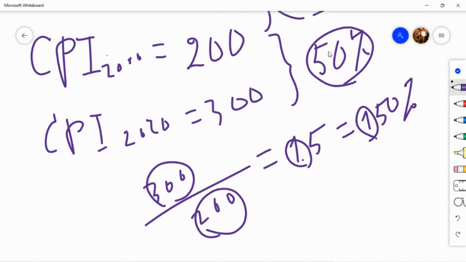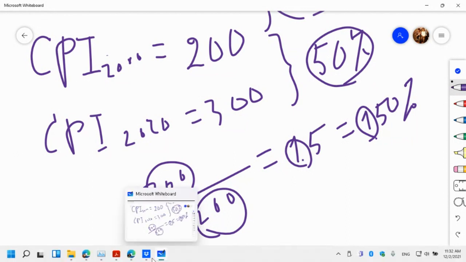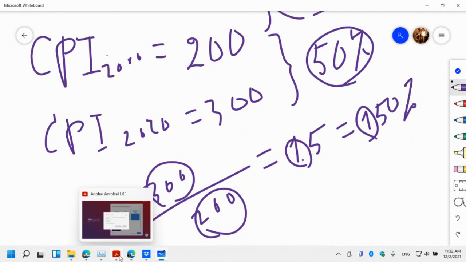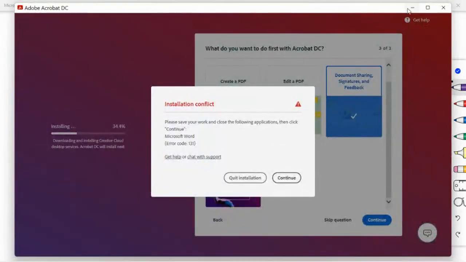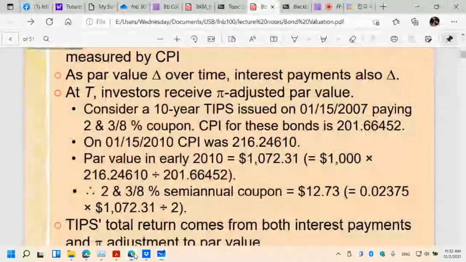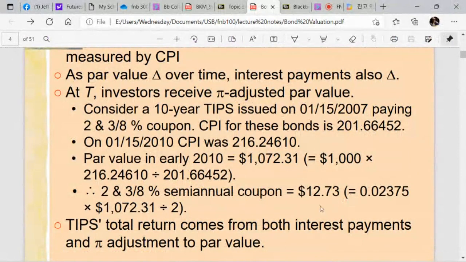Anyway, 50% inflation, to make an adjustment to the price level, you will need to multiply everything by 1.5, right? 1 plus 50%, 50% is 0.5, so 1.5. So just like that, between those 2 years,